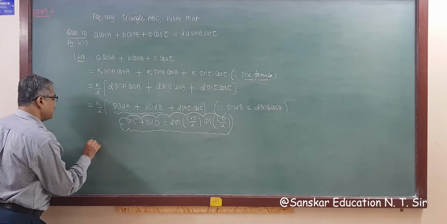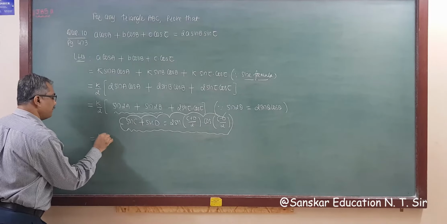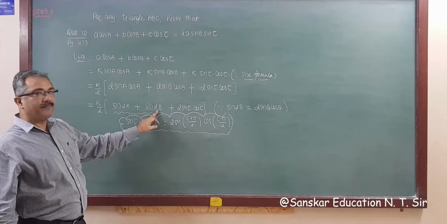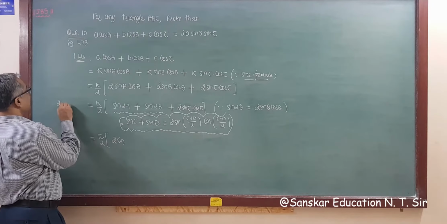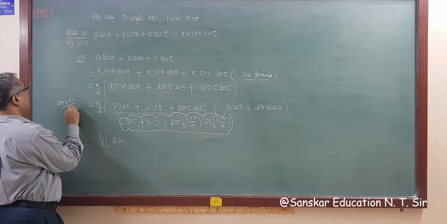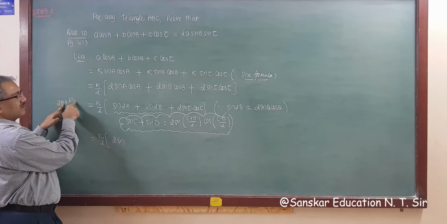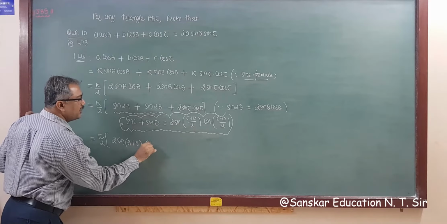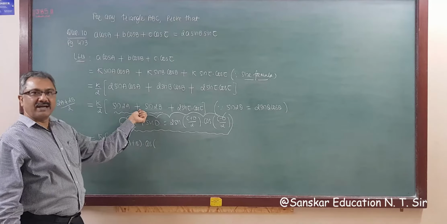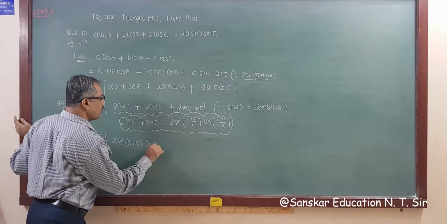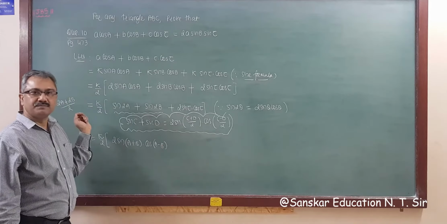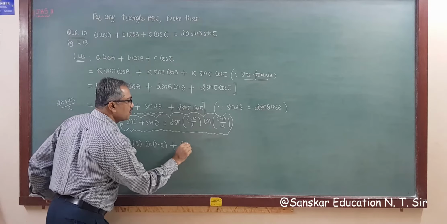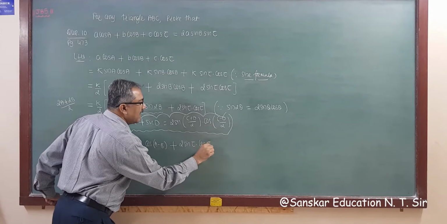So, what is the answer? This is K by 2 into 2 sin of (C plus D), that is twice A plus twice B divided by 2. So these 2 are common, so the 2 will be cut. So what we get? A plus B. So this is 2 sin (A plus B) into cos, same thing but we have to subtract, so the answer is (A minus B). So 2 cos (A minus B), right? Plus this is 2 sin C cos C as it is.